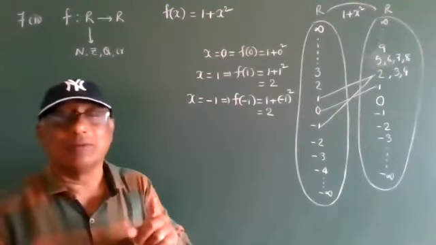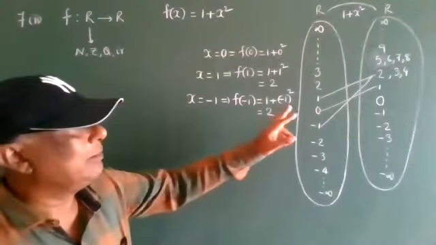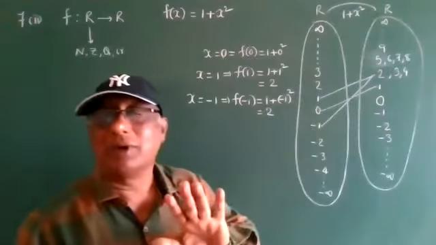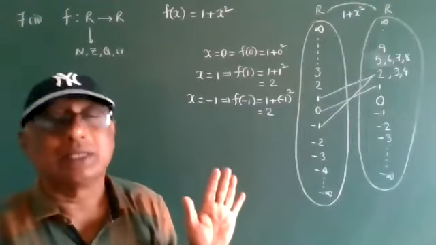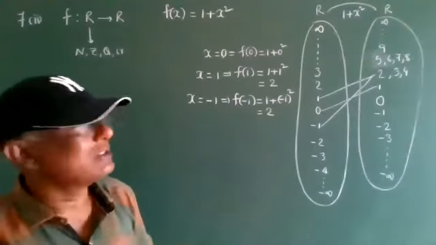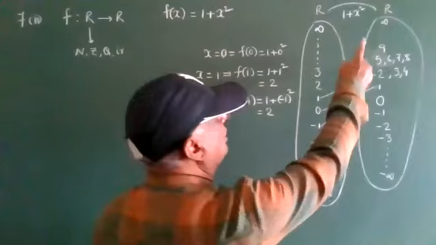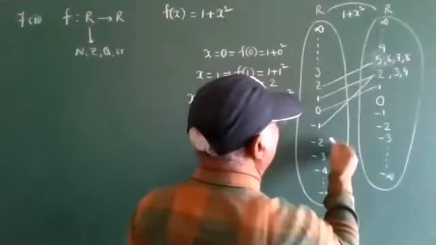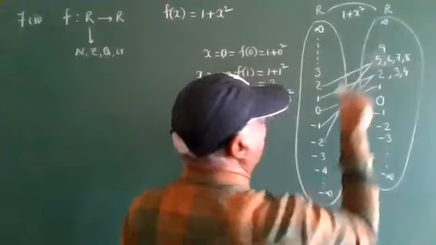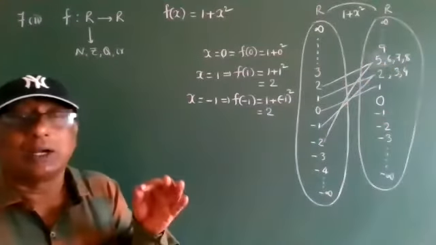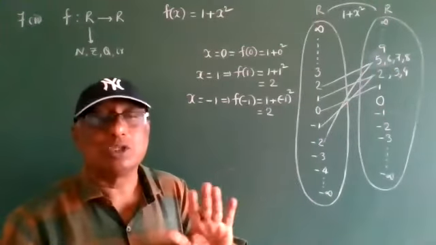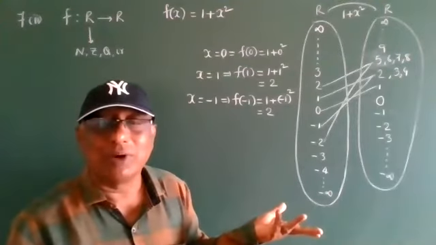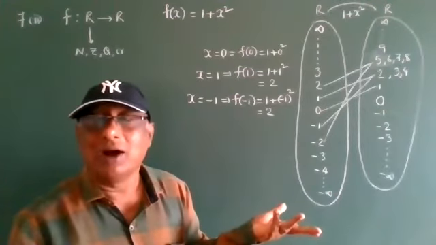Therefore, it is not one-one. The reason is that one element should have one image, but here two elements have one image. Is it clear? Not one-one. Next, all are getting positive values only. For x equal to 2, we get 5. For x equal to -2, we get 5. We are getting the range as positive values, but not getting the negative values. Therefore, it is not an onto function.